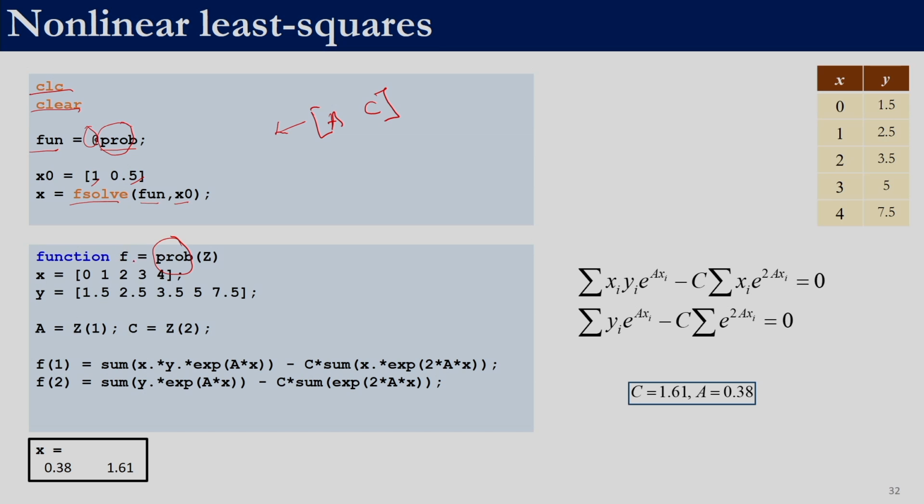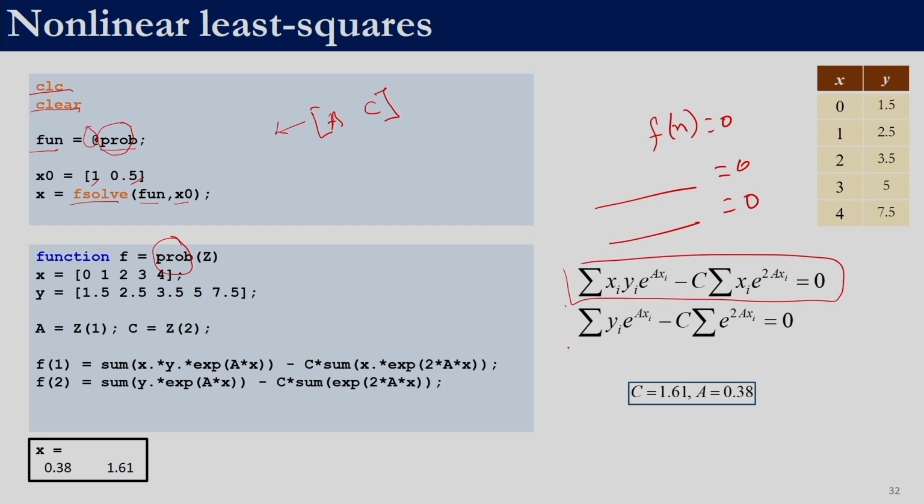So, for using fsolve, the equation should be in this form: f of x is equal to 0. So, if we have two equations, the right hand side of both equations has to be 0. Whatever we have on the left hand side is to be given to the function. Remember, these are the two equations that we have. z is what we will get from fsolve when it is solving.